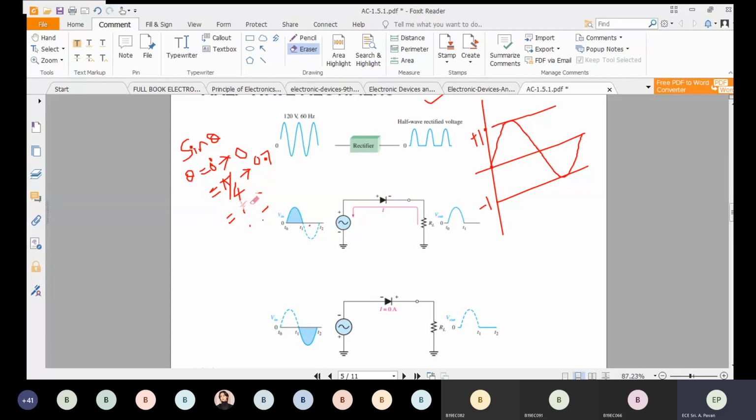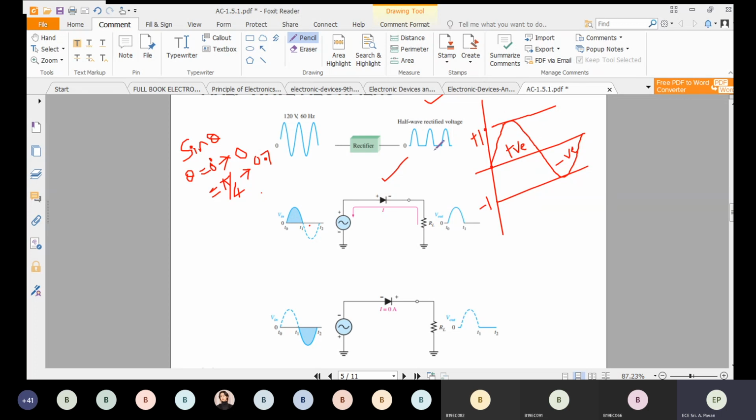We have talked about the working of the diode earlier, right? Diode forward bias and reverse bias. When the diode is forward biased and when it is reverse biased, we talked about this. Now tell me, with the status of the diode, is this diode forward biased or reverse biased? Forward biased. Why? Because see here, we are talking about only the first half cycle. We call this a positive half cycle. We call this a negative half cycle, because values are negative. That's why we call it a negative half cycle.